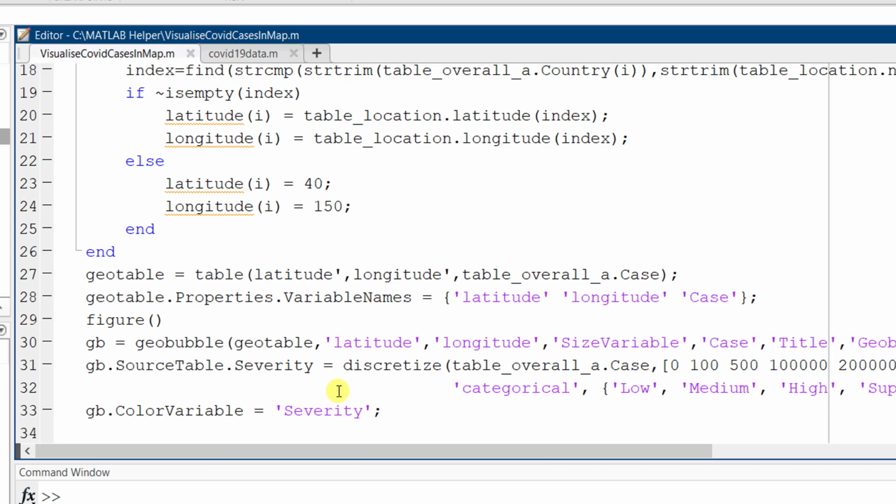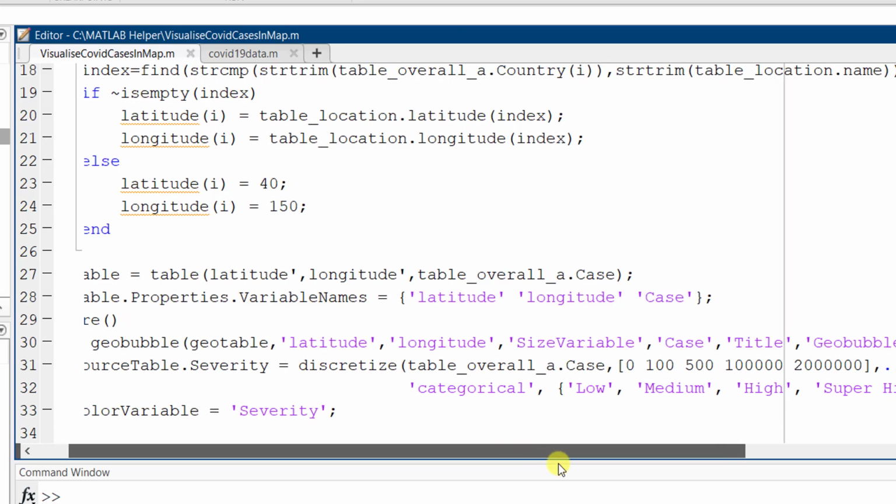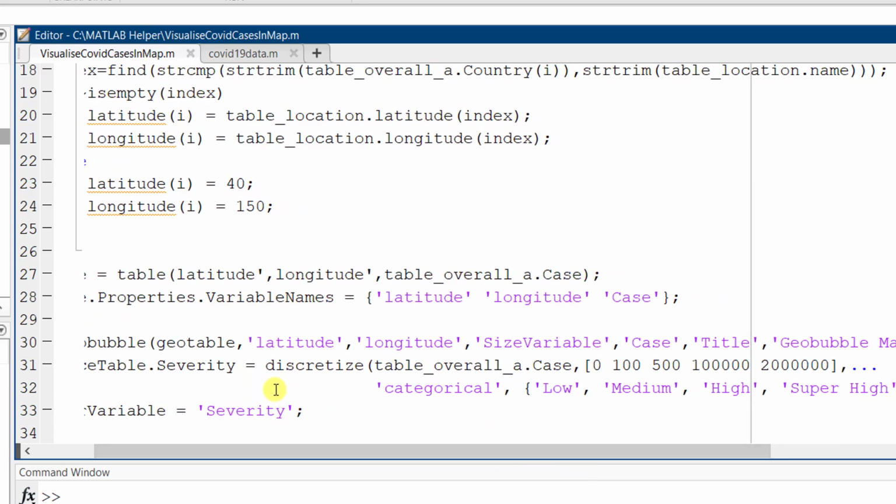And next, the size of the bubble should increase according to the severity. And here we are mentioning the severity so that it can be marked in different colors also. So for each color we need to specify a particular range, and for this we'll be using the discretize command. So as the overall table, we are taking the number of cases and discretizing into different ranges. For 0 to 100 cases, we are categorizing it as low, and we are mentioning it as categorical property and giving the ranges.